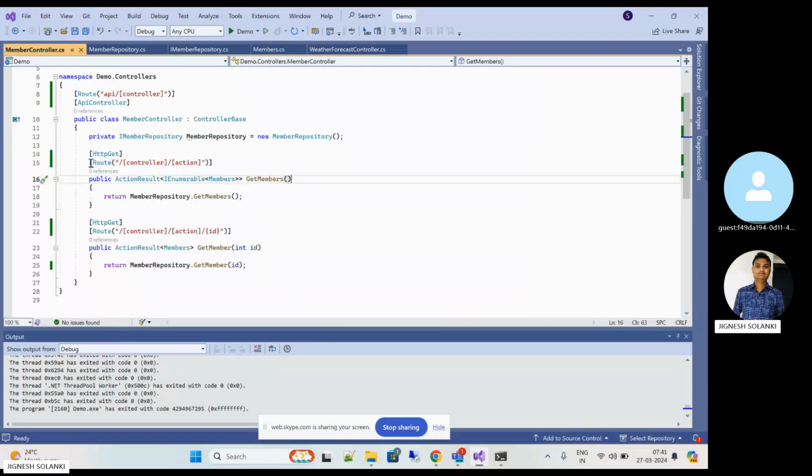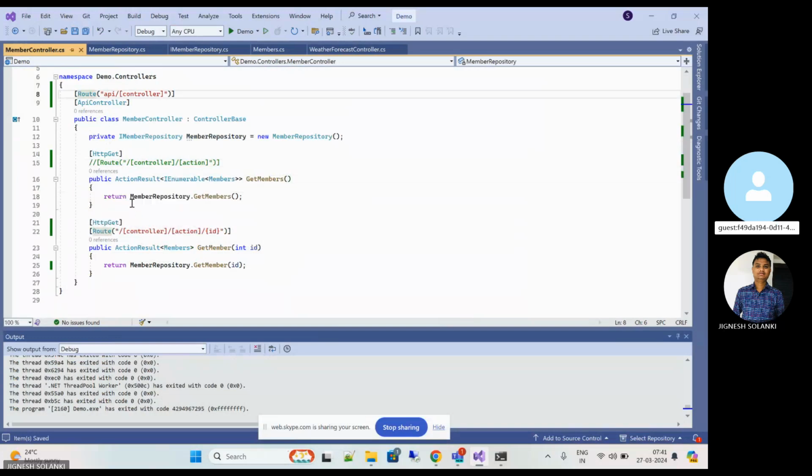Is it compulsory to have a root key? No, that's what I was about to tell. So remove the root. Remove the root because you have already configured a root there in line number 8. So there's no need to put the root again and again. But your .NET Core does not have a root configuration, so it is not able to identify the